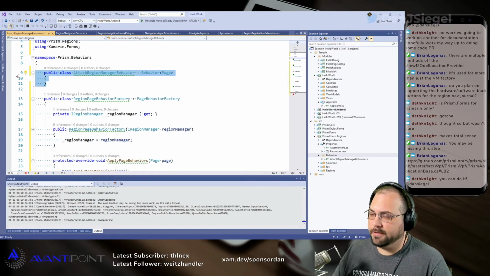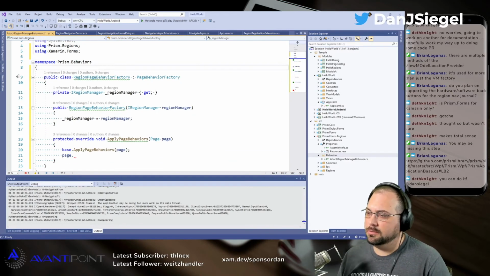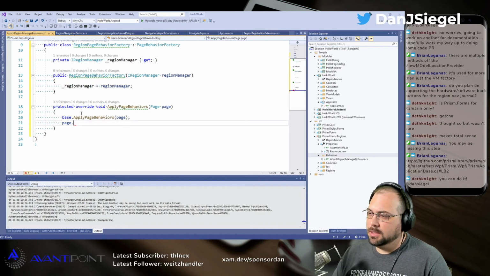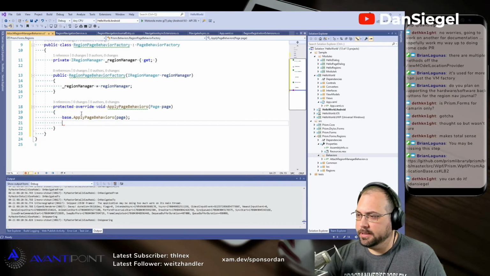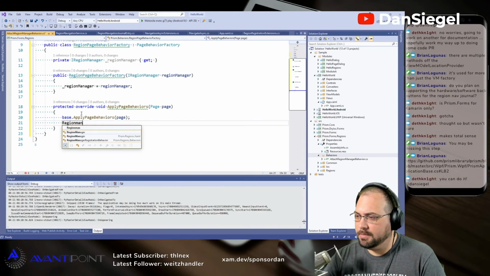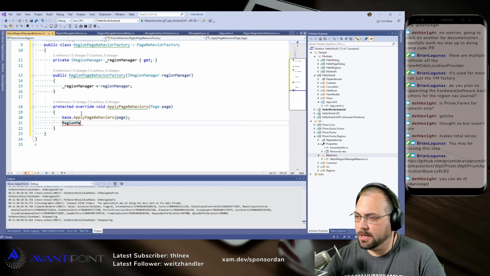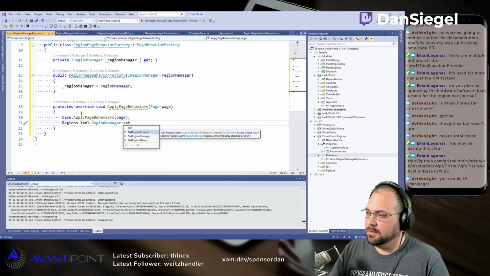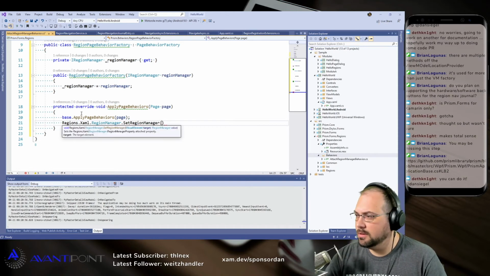I feel it's way overkill to create an actual thing for that. So let's just say region manager, or actually hold on. Regions, XAML, region manager, set region manager,